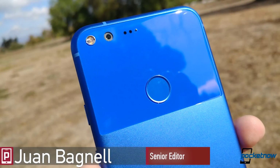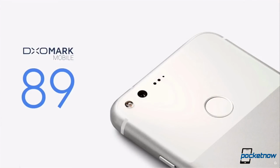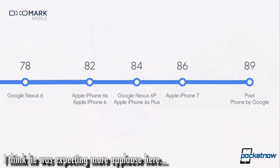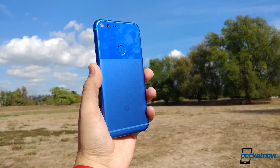The claim made by Google: this is the best smartphone camera anyone has ever made. So let me just put that claim into context. This isn't only the best camera we've ever made. It's the best smartphone camera anyone has ever made. That's a tall order, so it's time to put the Pixel XL to the ultimate photo and video test in